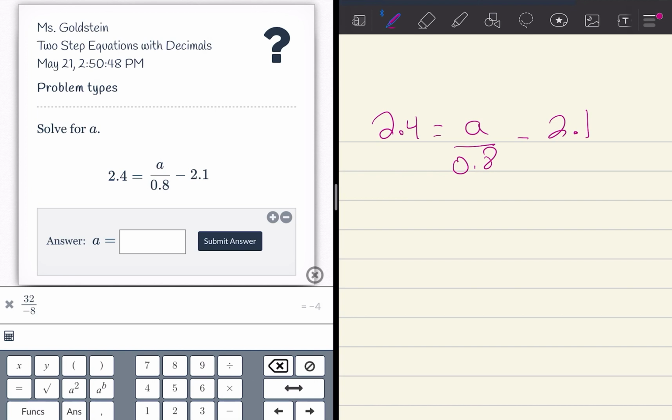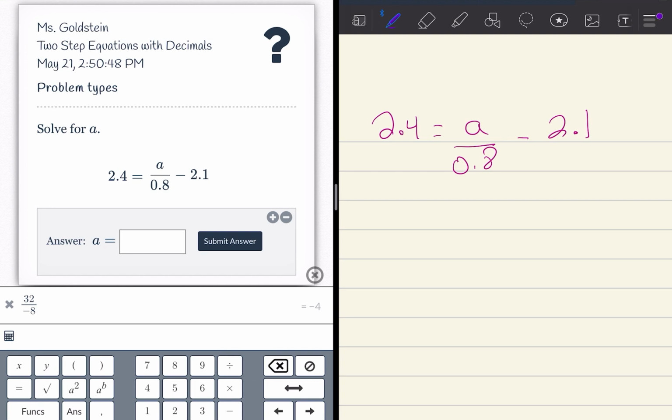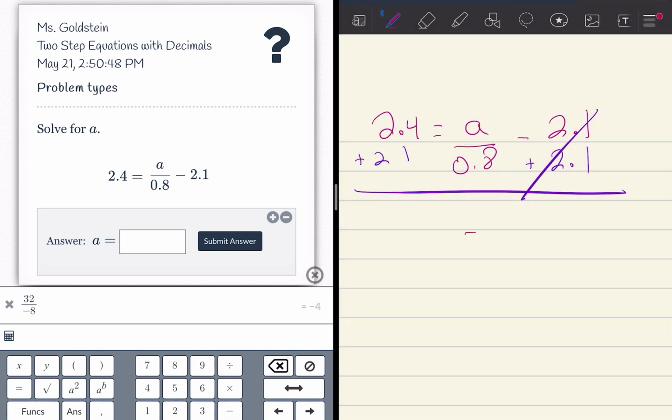I want to get rid of the number that's furthest away from the variable, and I'm not counting 2.4 because that's on the other side of the equal sign, minding its own business. I need to get rid of these numbers to get a by itself. So the number furthest away that's not touching the variable is minus 2.1. The opposite of minus 2.1 is plus 2.1. And whatever I do on one side, I do on the other. Cancel out my opposites, bring down what I did not cancel, equals